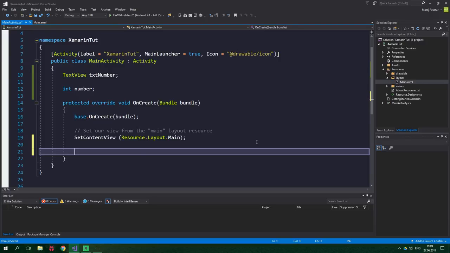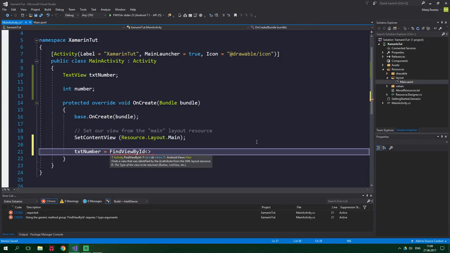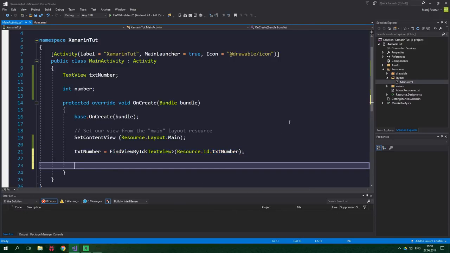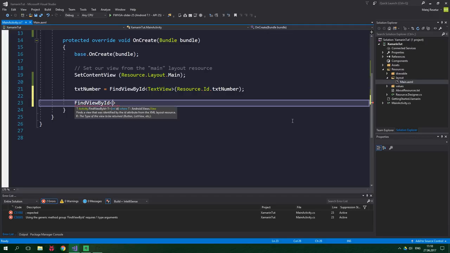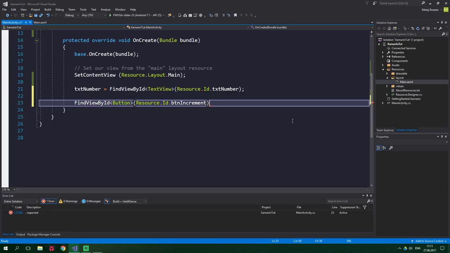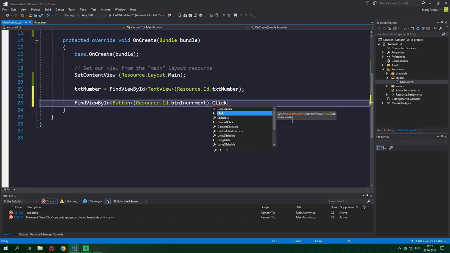So we're gonna specify that txt number is gonna be equal to find view by ID, the type of the view is text view, and the ID is located in resource.id.textNumber. And now we wanna similarly find the two buttons. And as soon as we find them, we wanna specify what happens when they are clicked. So again, find view by ID, but this time we are gonna find button resource.id.buttonIncrement,